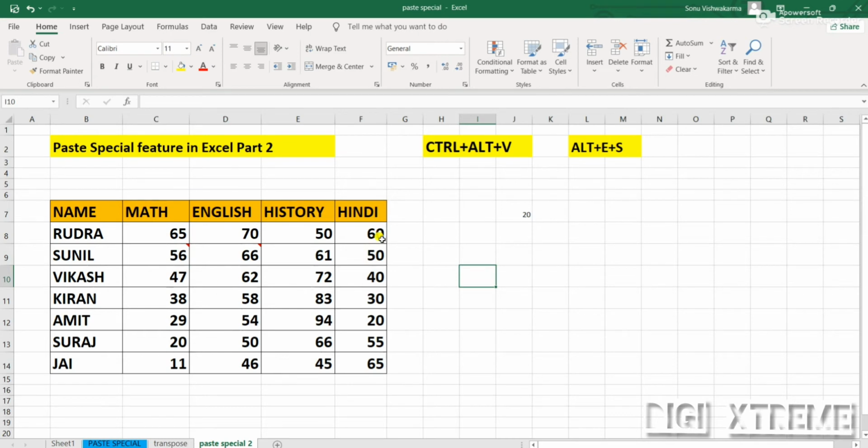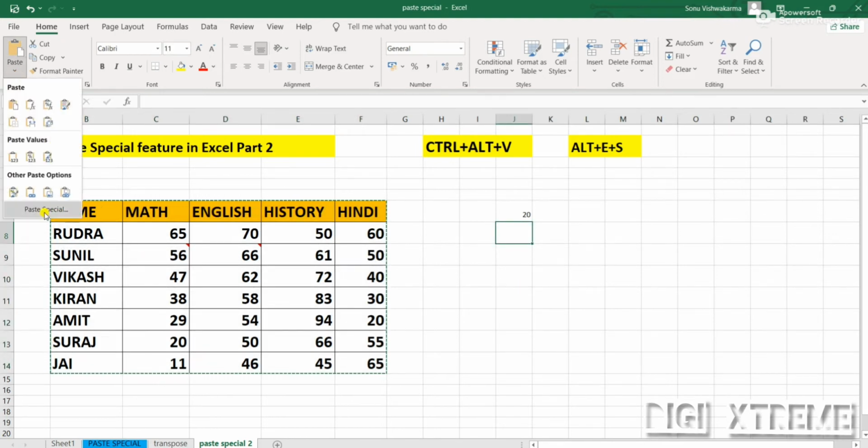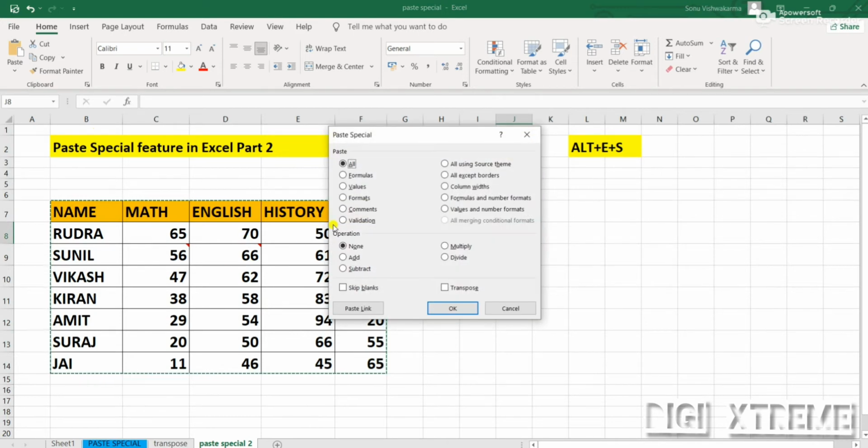Now let me show you how it works with the paste special function. Let me copy this and select where we want it to be pasted. We'll go to the comments option and see what happens after applying this.